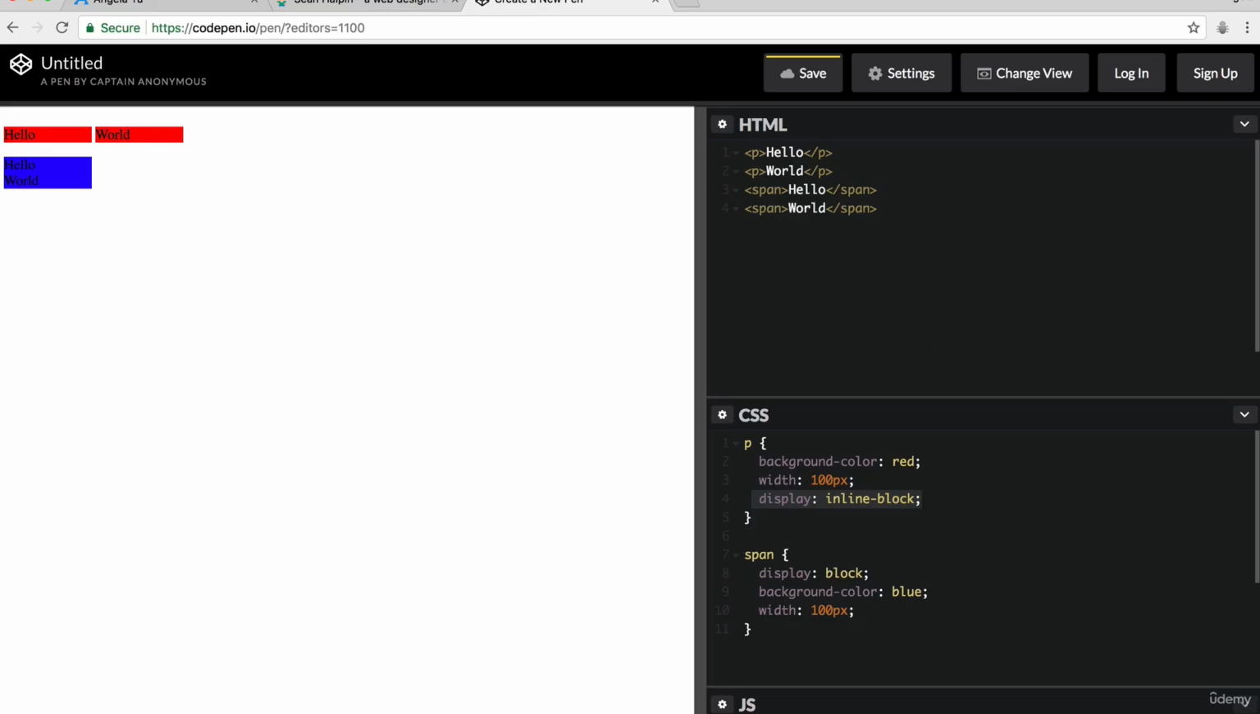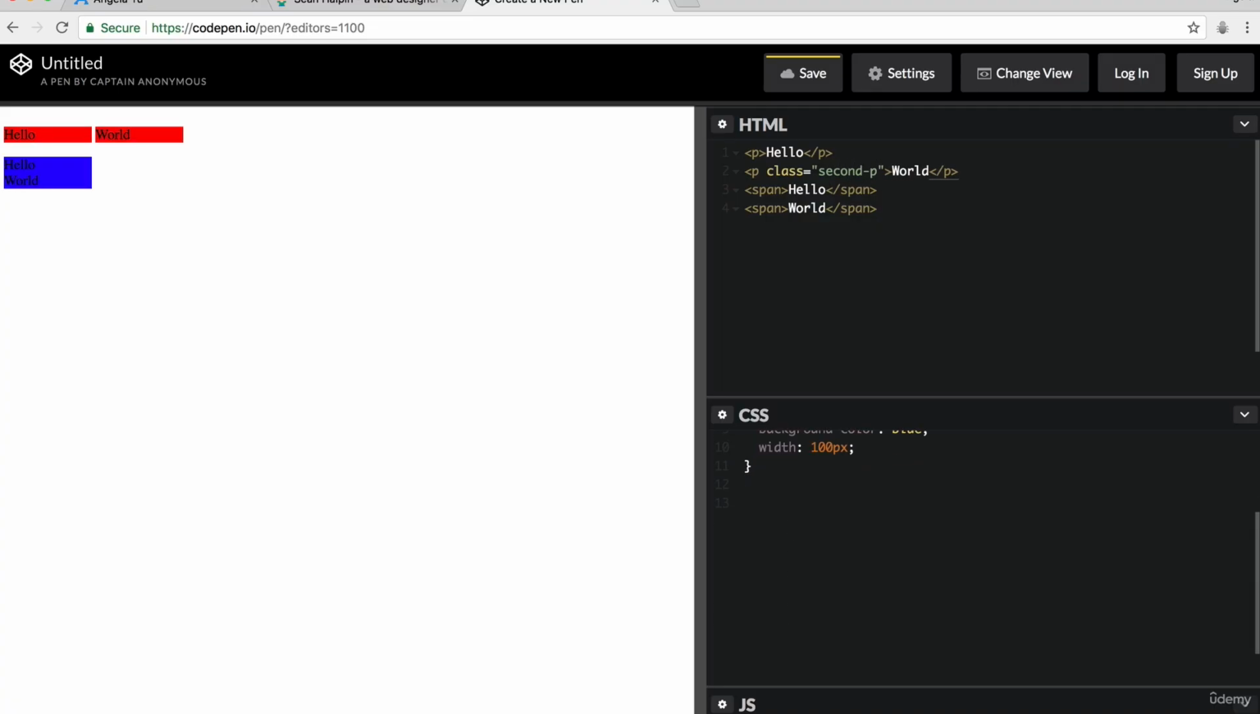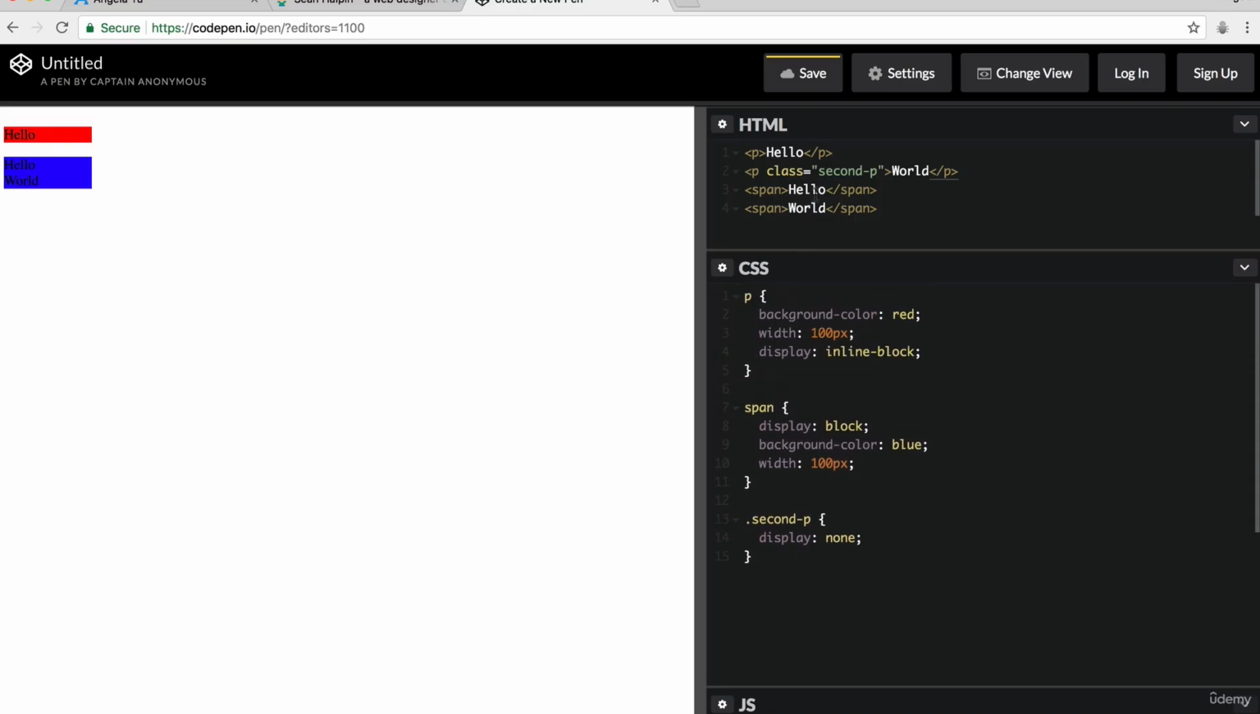So let's head back into our CodePen, and I'm going to give our second paragraph element a separate class. I'm going to call this second P, and I'm going to target it down here, dot second P, and I'm going to set its display value to none. And you can see what that does is that it simply removes that element from the website as if it didn't exist. So if I get rid of this display block and allow our spans to continue being inline elements,